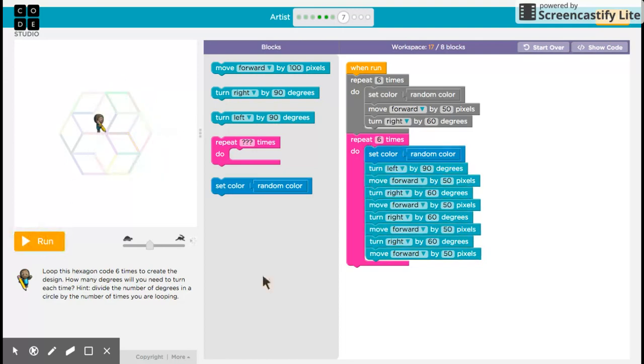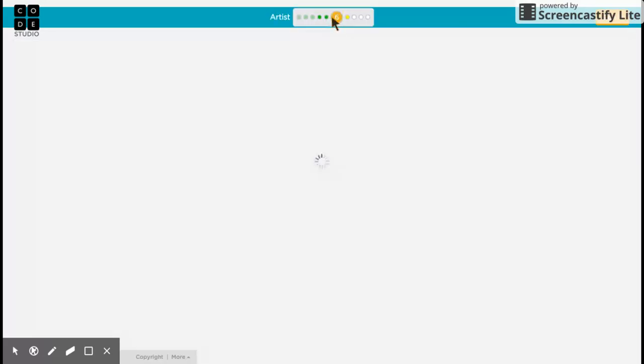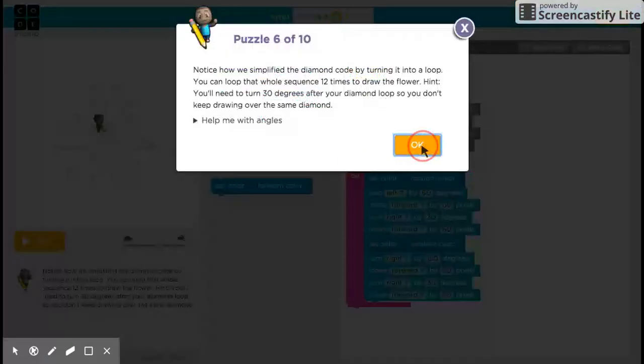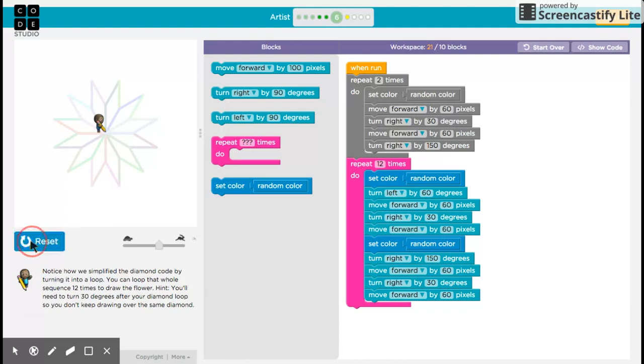So this is an example of how it might take you a few times to get through these steps, but eventually by flipping things around and thinking about what you did and by slowing it down if you need to, you will be able to code this diagram. Let me show you what I did on number 6. This took me about